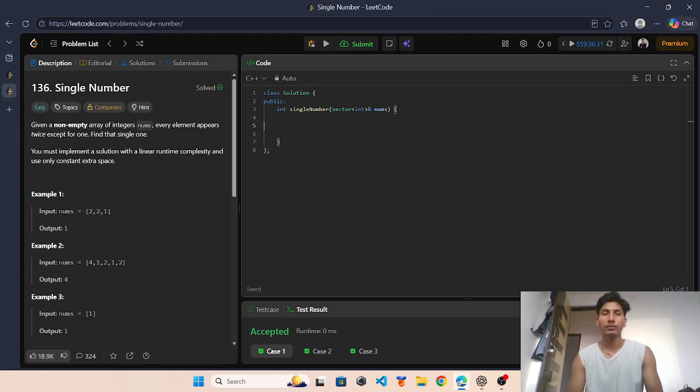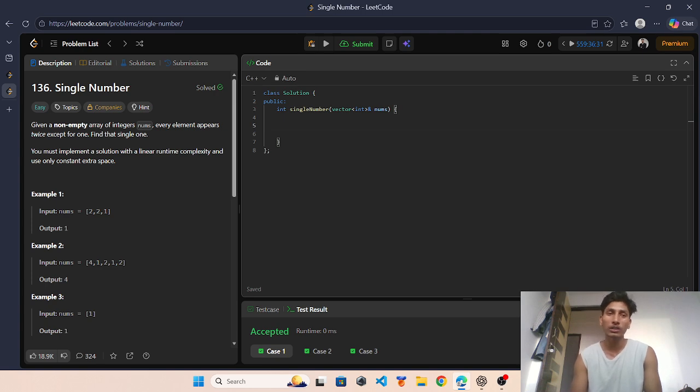Hello friends, today we have LeetCode problem number 136, Single Number. We already solved this problem in a previous video using the hashing method, but that solution had linear space complexity and not linear runtime complexity.